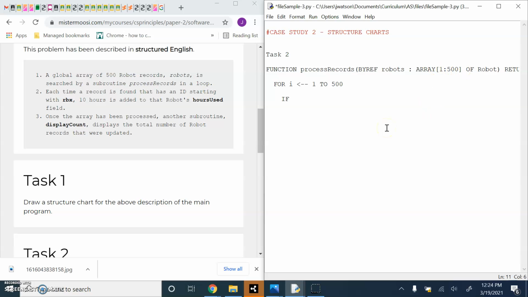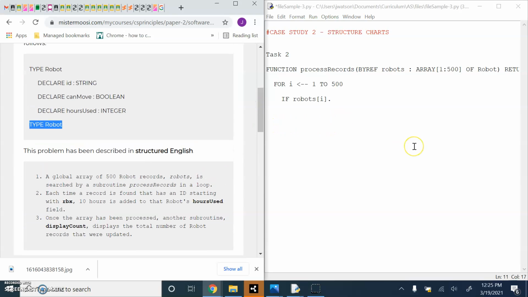And we're going to say if the robot that we are currently processing, so that's robots I, that's a robot. Each element is a robot. So if robots I dot ID is the same as RBX,